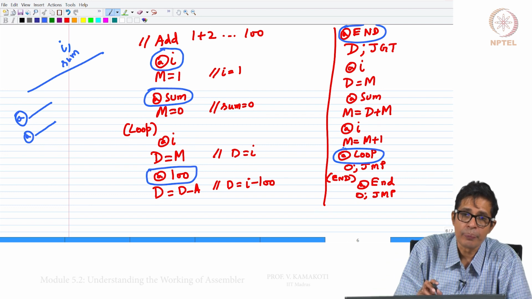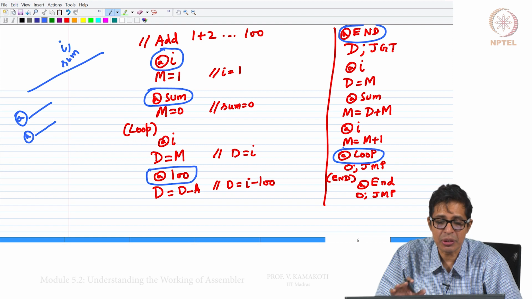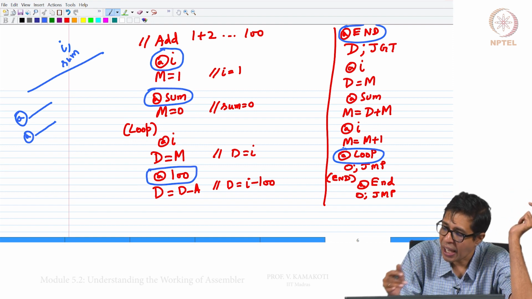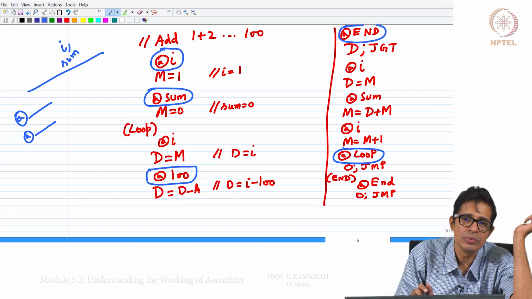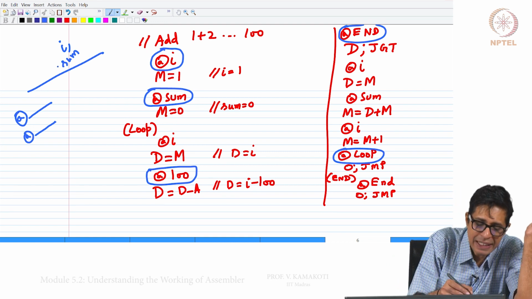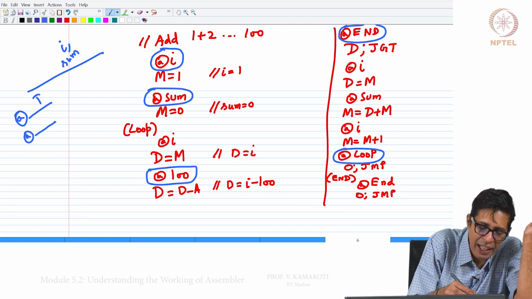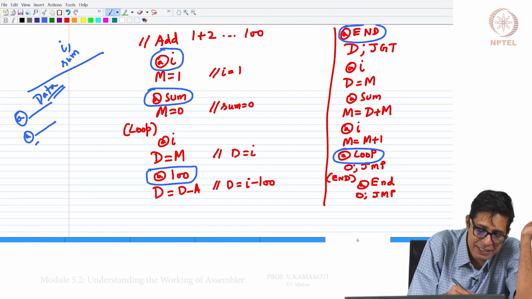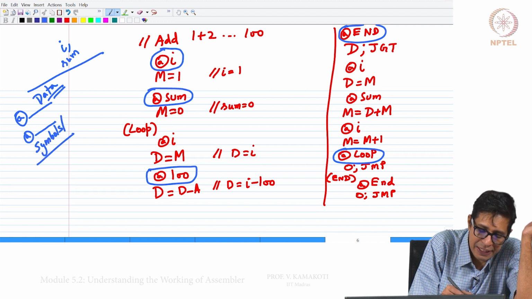So, there is a difference between at I, at sum, at end and at loop. The difference is very simple. I and sum are data, while loop and end are symbols or labels used in instruction memory.